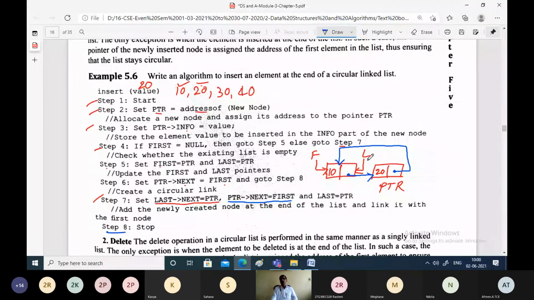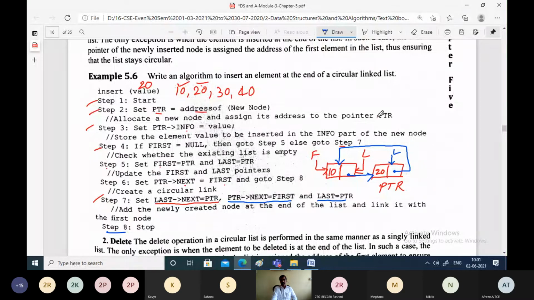That means we have to make last point to PTR. So that is what is in this statement. Last equal to PTR. Make last point to the node where PTR is pointing. So instead of here, now last will point to this node.